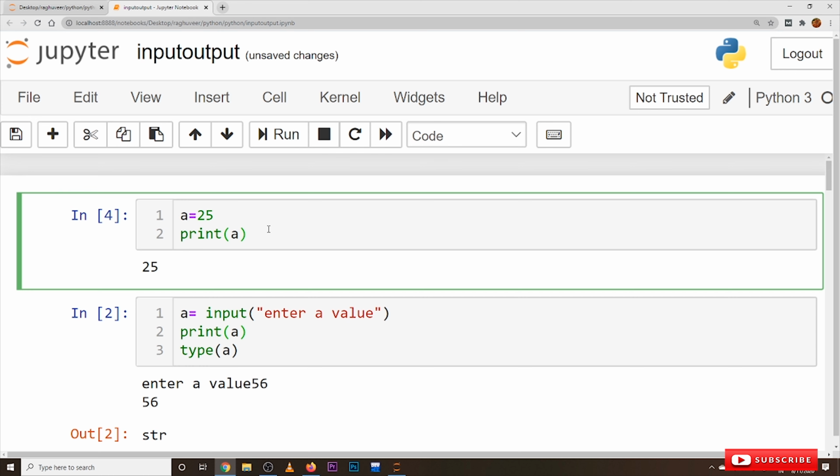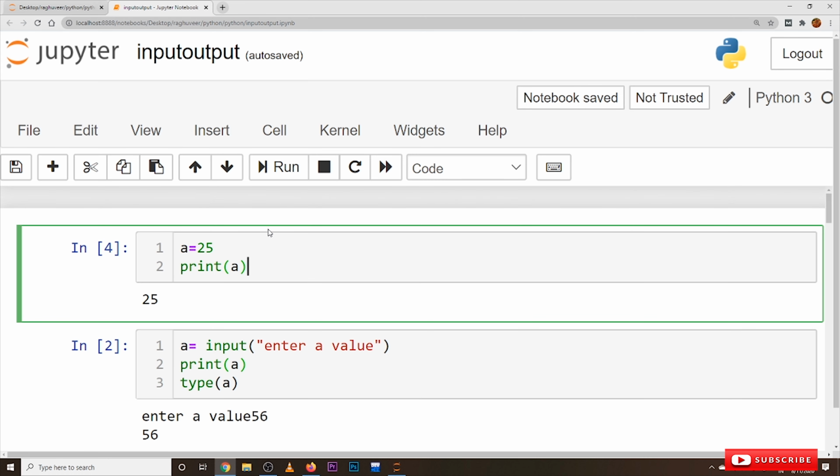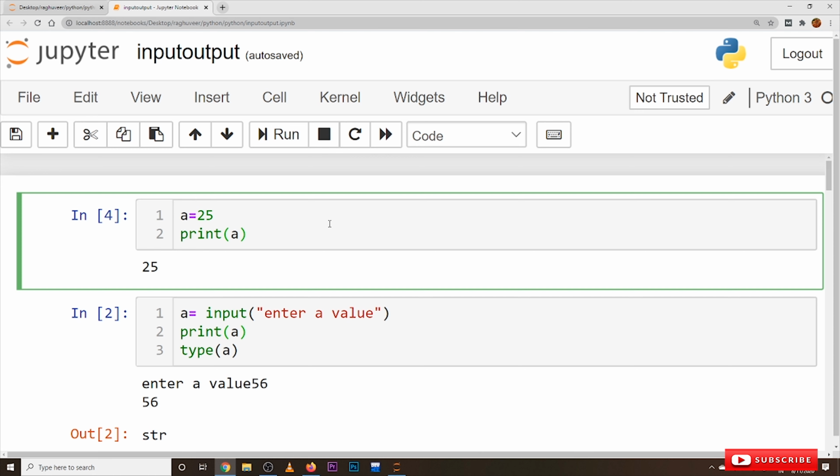But this is not the situation which helps us in real time situations. In real time situations, we have to take input. Most of the time we have to take input from the user, meaning from the keyboard. Let's take an example. Suppose you insert your debit card in the ATM system. It will start executing a program inside the ATM. In between, it will stop executing the program and ask you to enter your password. So the program will take input from the keyboard, from the user.